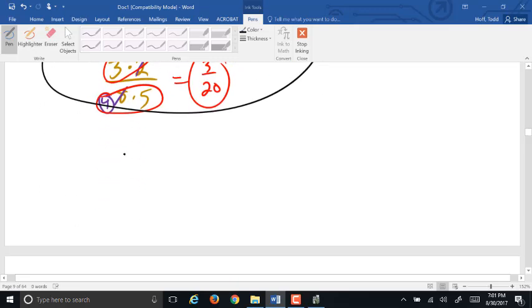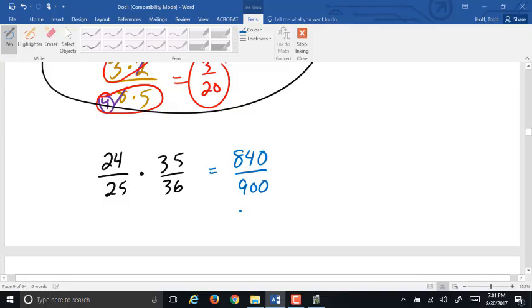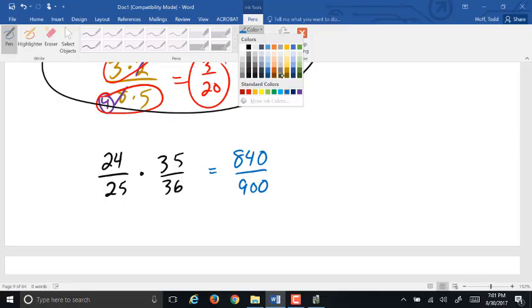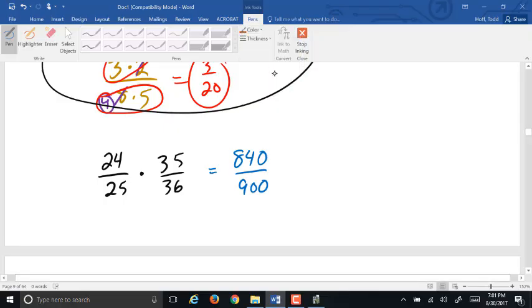But I can give you an example like 24/25 times 35/36. I could multiply that out. 24 times 35 is 840. And 25 times 36 is 900. And then I'd have some reducing to do. Or